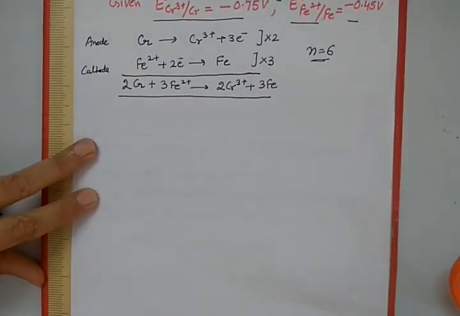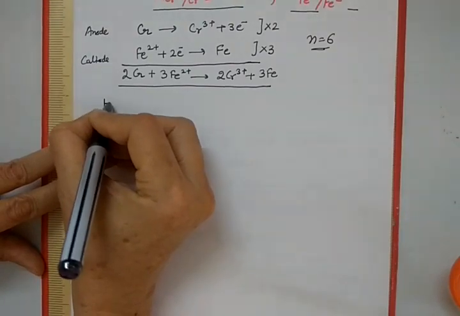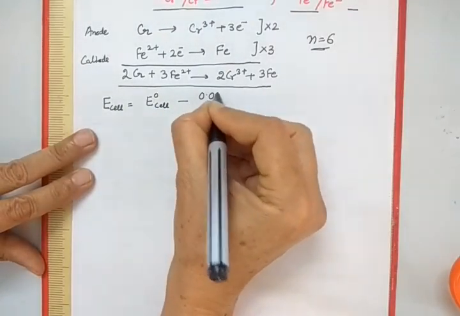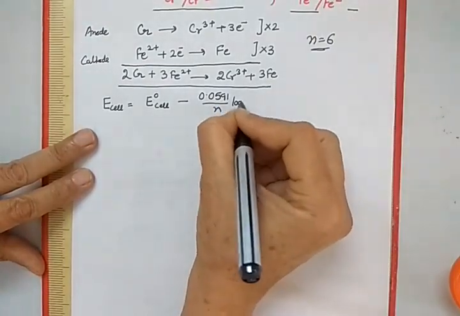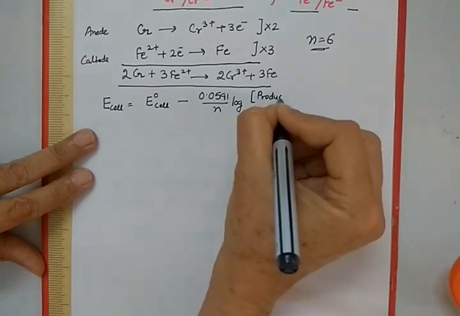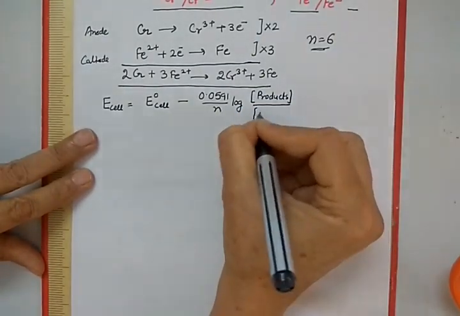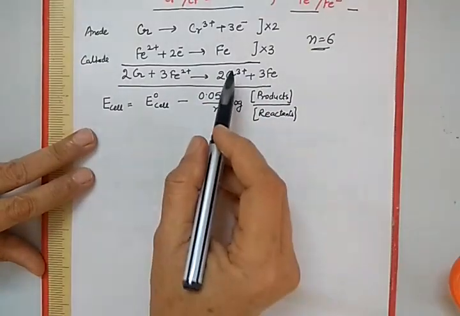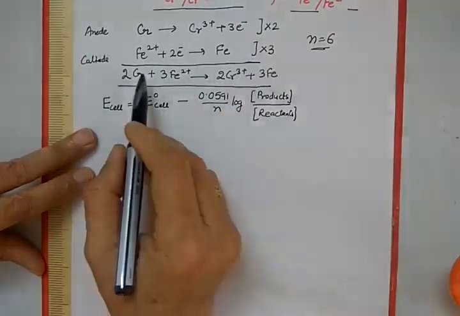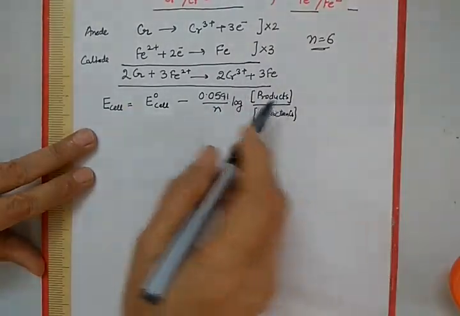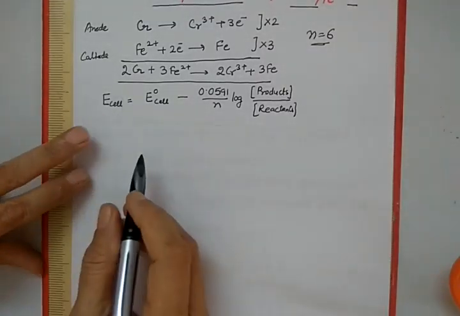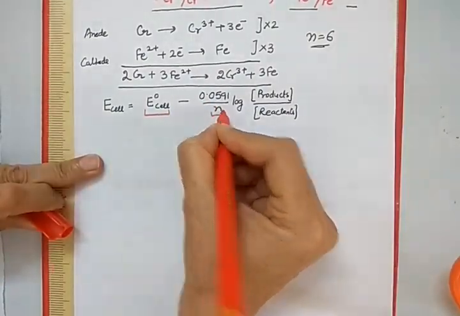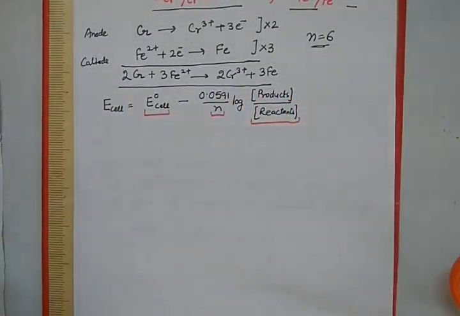Now let us write the Nernst equation for the cell. That is E of the cell is equal to E naught of the cell minus 0.0591 divided by n log concentration of products divided by concentration of reactants. And again and again I have told you that in these concentrations we are to take only the concentration of ions. Concentration of solid is taken equal to 1. So here I write the values, then you will come to know. Now let us see what we are to find in this. Again 3 things we are to determine: one, E naught, second n, and this factor, product over reactants.